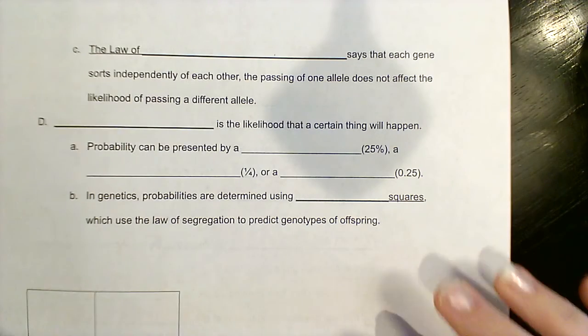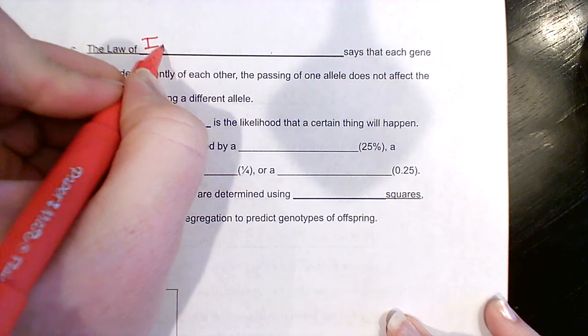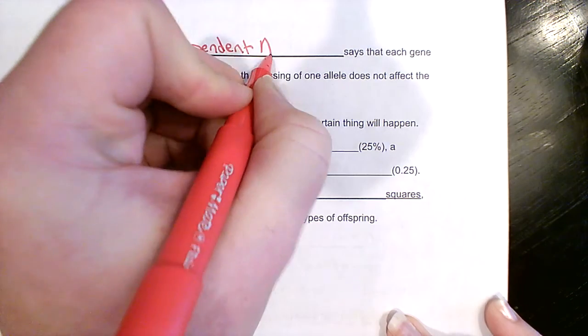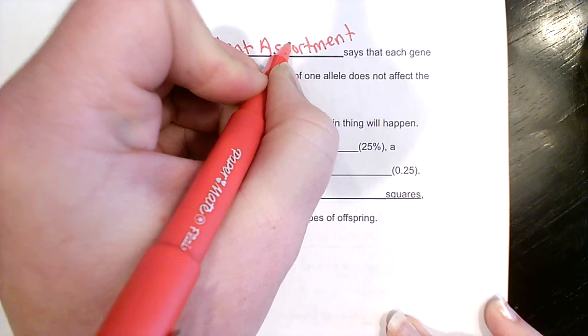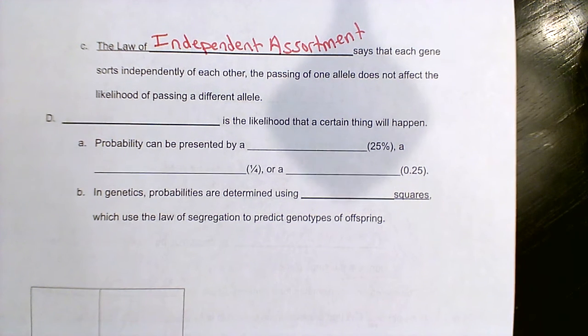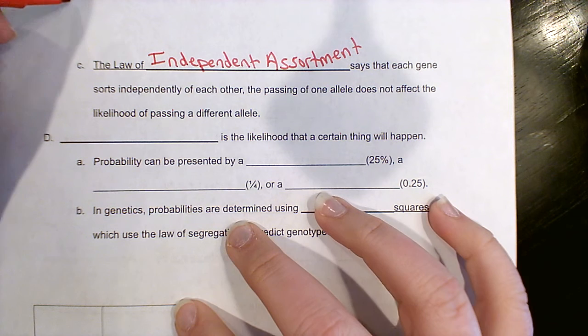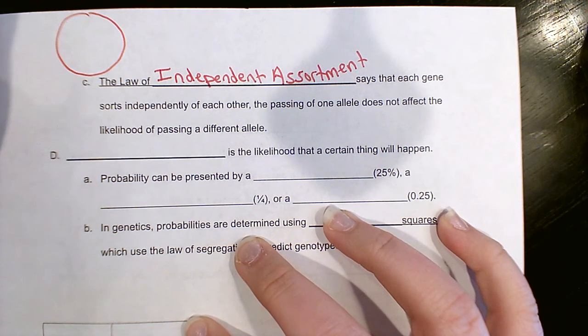All right, I'm going to do this last law, and then we're going to stop. So the last law is the law of independent assortment. Okay, so law of independent assortment says, if I have more than one gene, well, I'm just going to draw